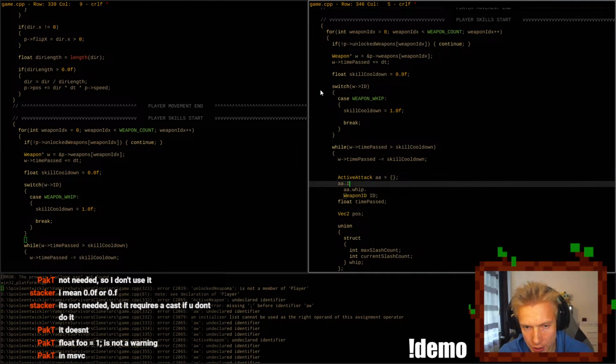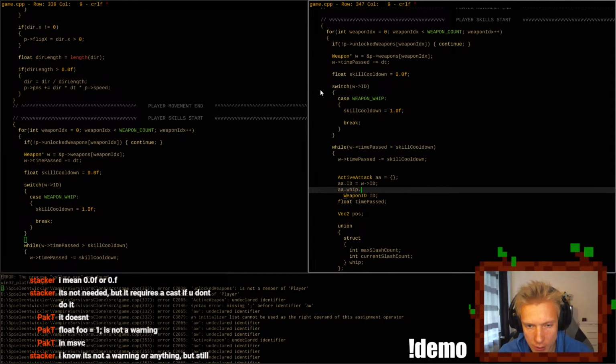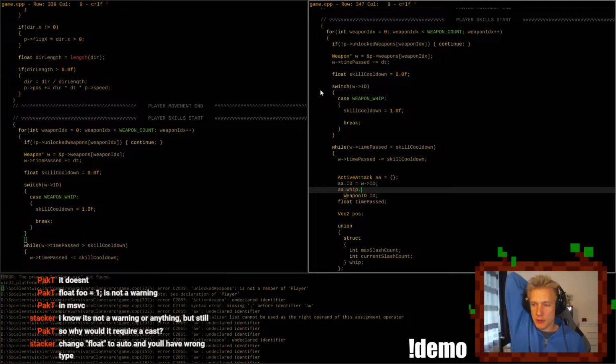So first of all, the AA.ID is the W ID. Then the time passed is 0. The whip and the position. The position depends. It needs to be a middle position, right? It needs to be a position in the middle because we're creating it there. I think it should move out based. But we need those positions back.